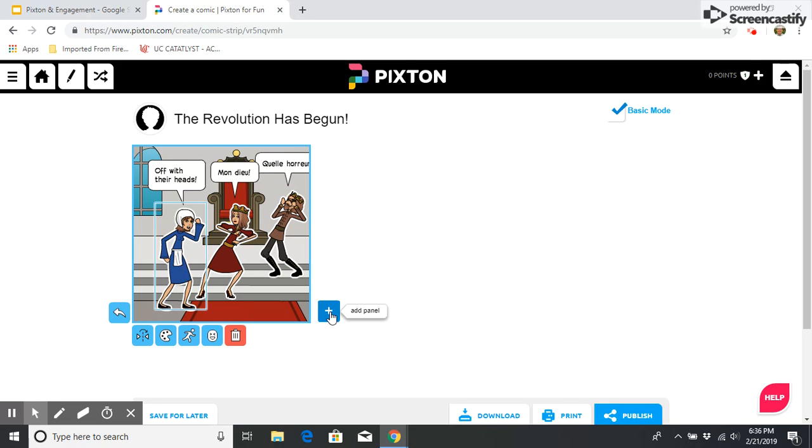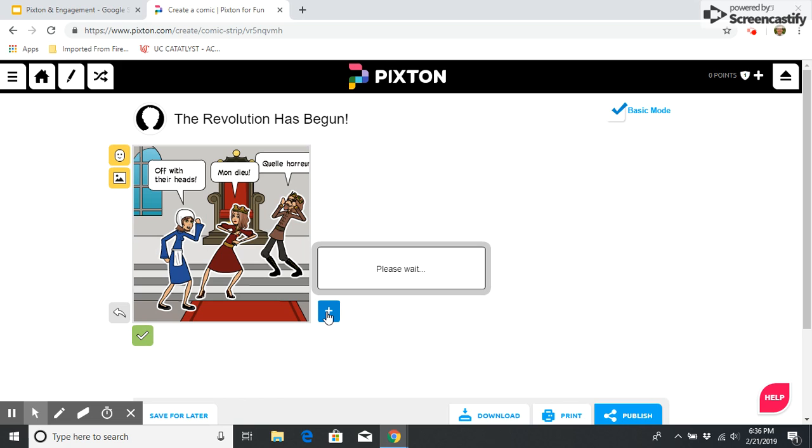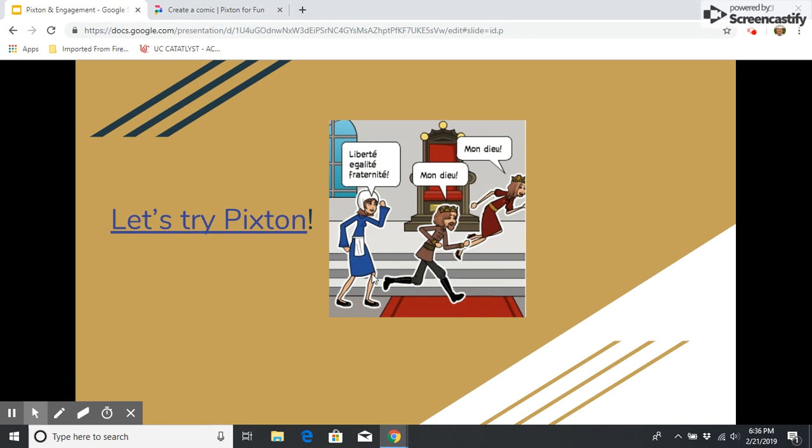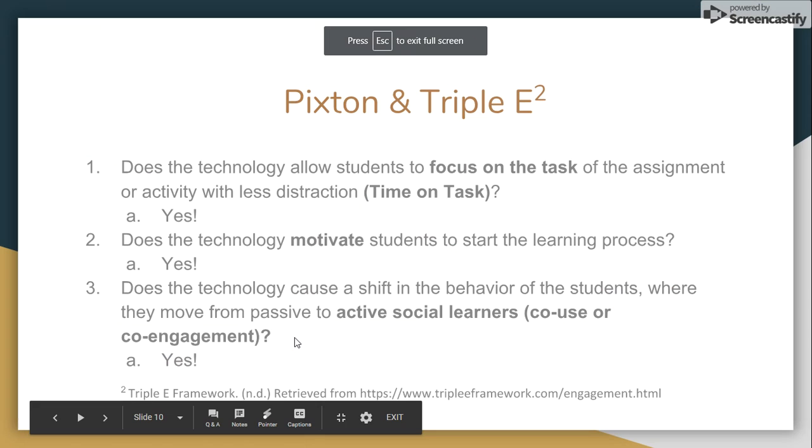That looks pretty appropriate. And then you can add another panel, and we could repeat that process for the 3 panels that we've got. So for Pixton,